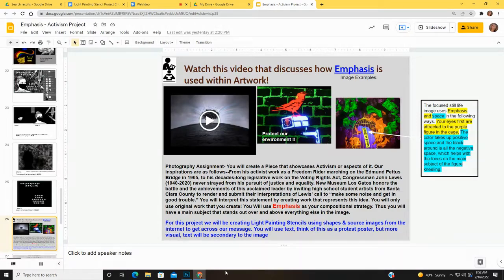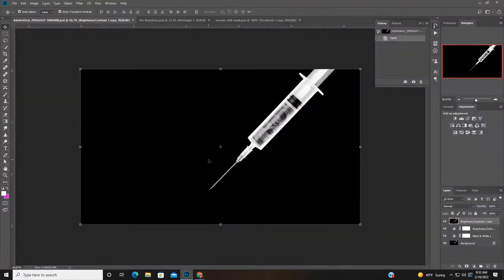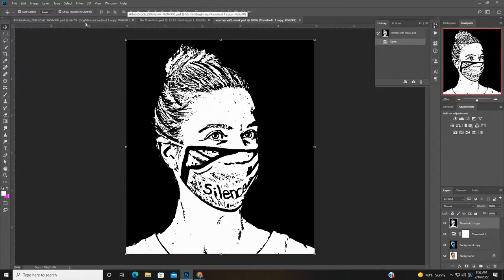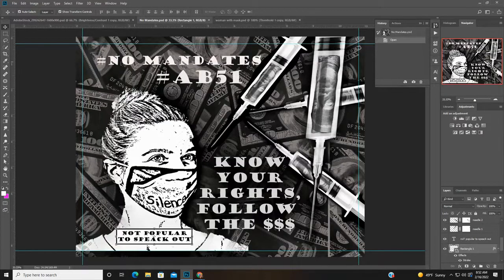Now I want to get into the actual editing. So what you want to do is get your images, right? You want to find your images and figure out what images you're going to use. And here's what my image looks like